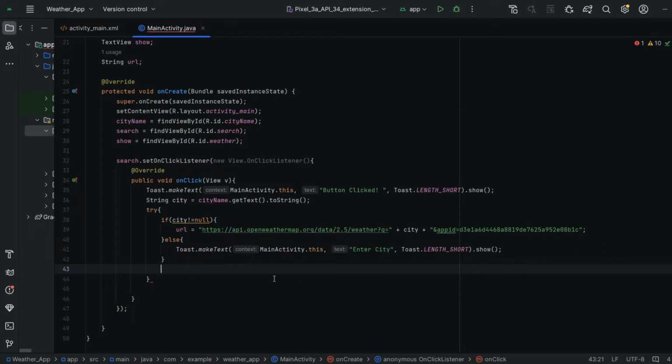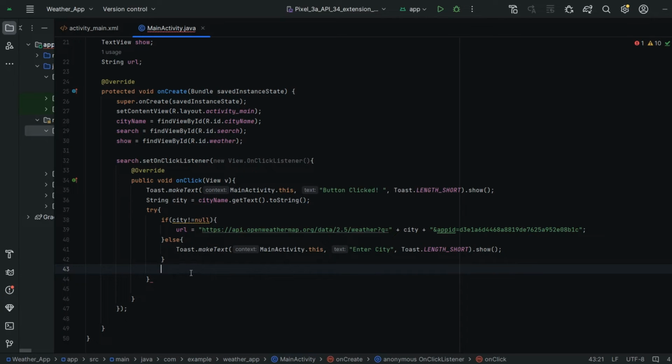Next we have to write the code for the exception also, guys. Catch. So whenever you use try, you also have to define the catch. So let me do that quickly.